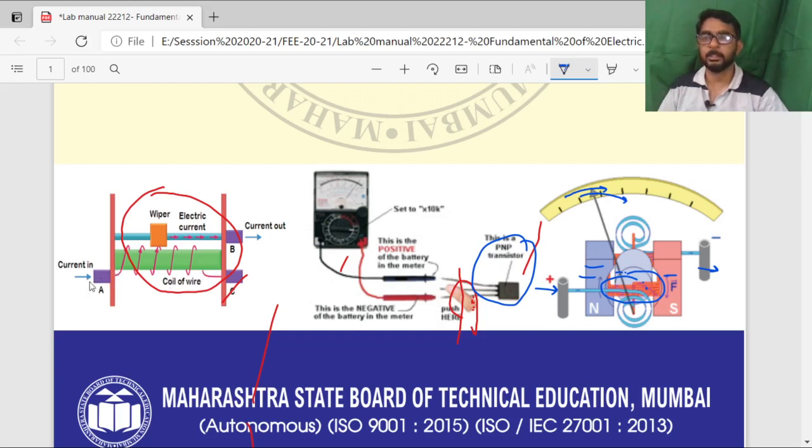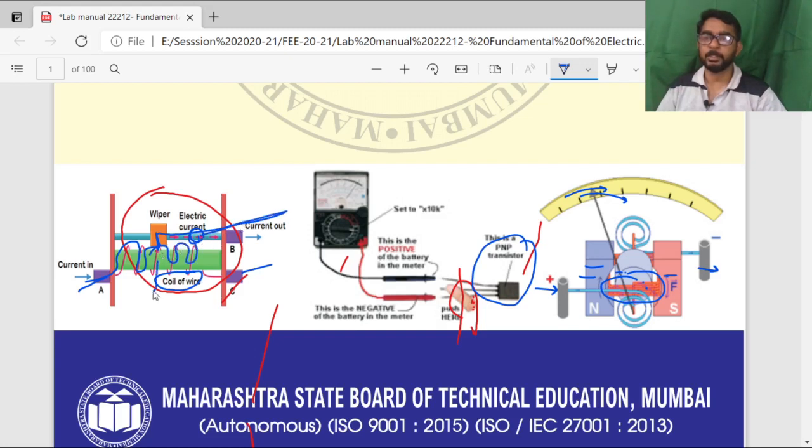See, this is the very basic structure for the rheostat. This is the current inlet and this is the current outlet. This is the conductor, or the coil of wire. Generally this coil of wire is made from nichrome wire, and this is the wiper. See very carefully, when current enters here, and if the wiper is connected at this point, then current will flow from this part, and if the wiper is at this point, then current will flow from this part.